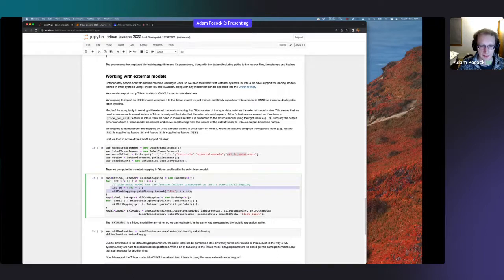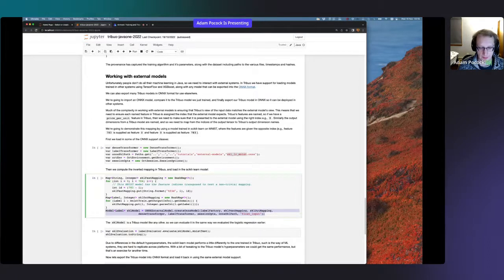So we create a map from names to the integer values that represent them. We also have to do the mapping from the label values to the integer values that those represent, but that one we didn't do anything funky, so it's just the label name to an integer. And then we create this ONNX model.